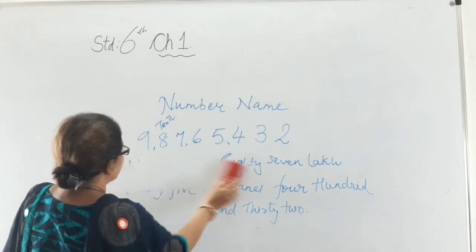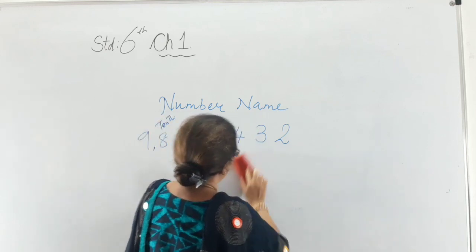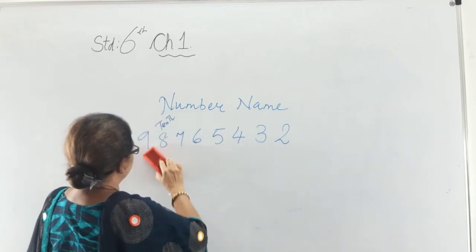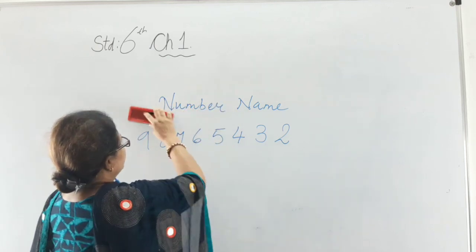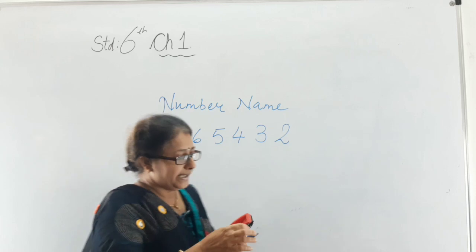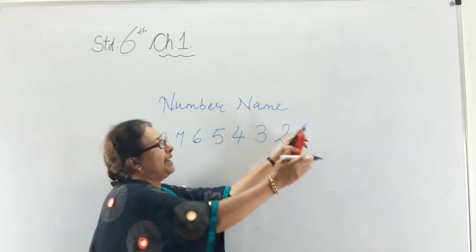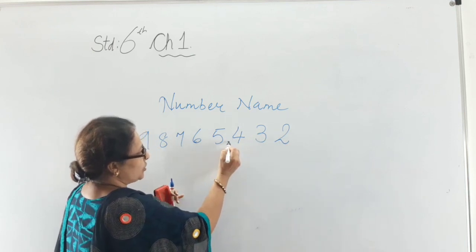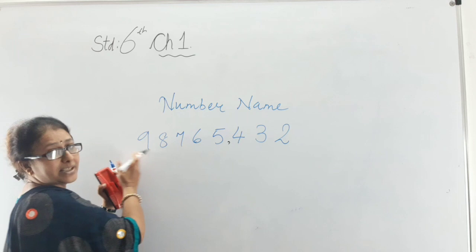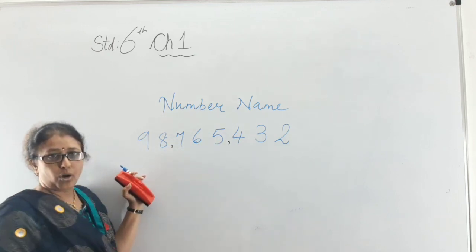Now we will learn the same thing for the international system. The number will remain the same, but I'll explain the difference. I'll remove the commas. Now, in the international system, the first rule will remain the same, moving from left to right. I will skip 3 digits, 1, 2, 3, put a comma. Here I will take 3 digits simultaneously, 1, 2, 3, put a comma.